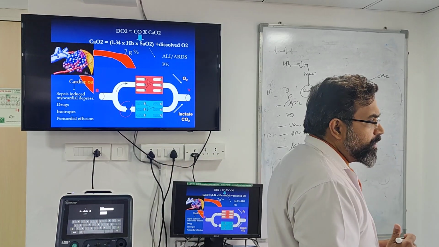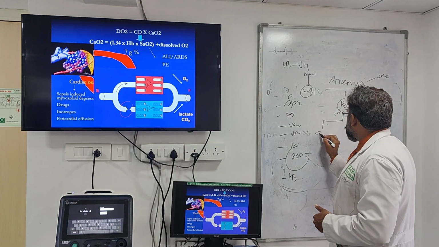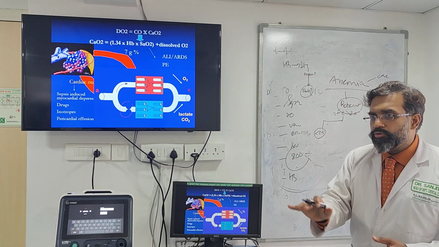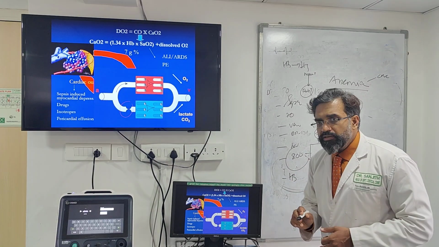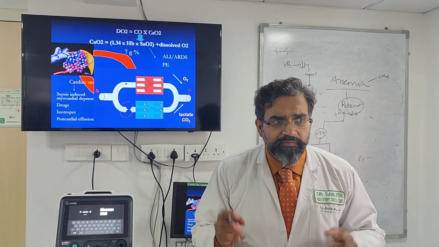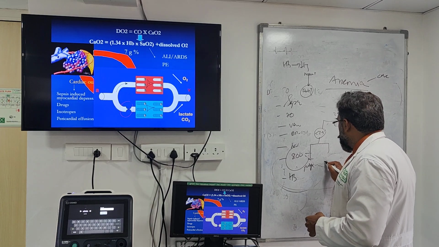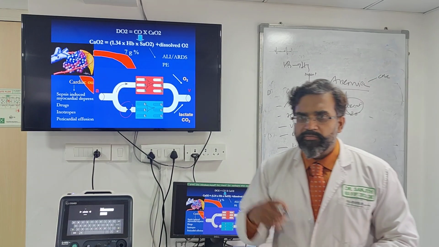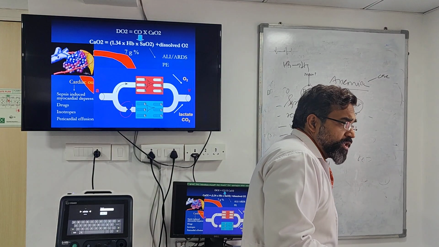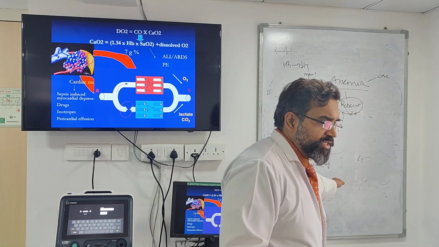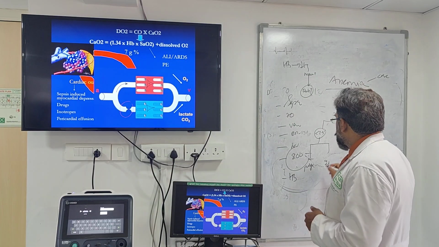Now let's take the example that it is less than 2.5. If it is less than 2.5, what are we dealing with? There's something wrong with the marrow. Either the marrow is diseased, hypoproliferative, or infiltrative. Either the marrow is proliferating less, or it is infiltrated by some fibrosis, some leukemia, something infiltrating the marrow, some disease of the marrow, maybe an iron deficiency or a B12 deficiency causing this. An iron deficiency will cause the marrow to produce less hemoglobin. It's hypoproliferative.